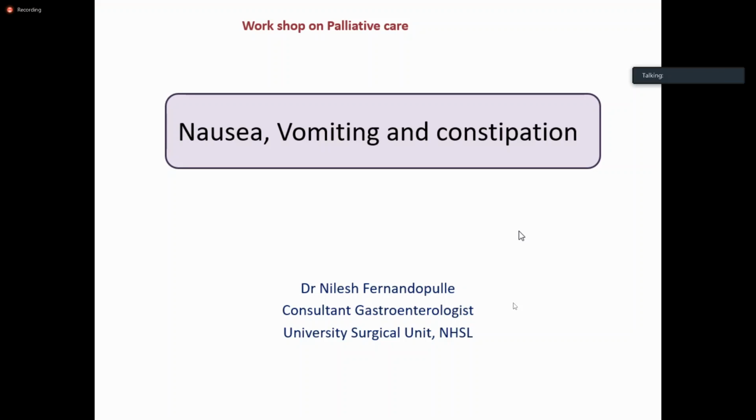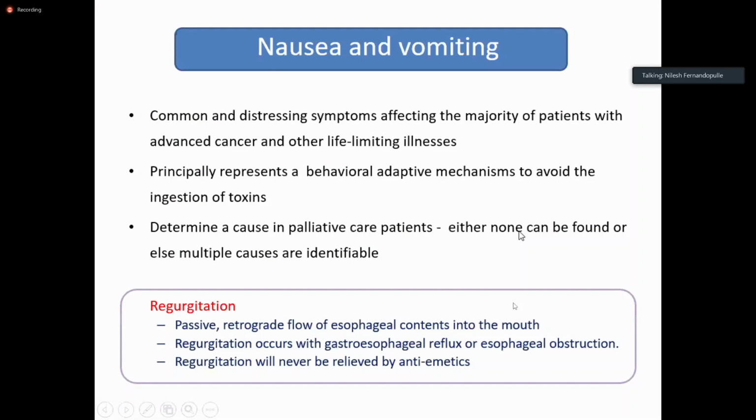Okay, so basically, let's start with nausea and vomiting. As you all know, nausea and vomiting is a very distressing and common symptom, seen in patients with cancers and other life-limiting illnesses. Principally, it's a behavioral adaptive mechanism to avoid ingestion of toxin. It's like a natural way of telling us we don't want any toxins taken into our body, so we are just putting it out. It's like diarrhea, putting infections out. So it's actually a good thing to a certain extent, but it's sometimes difficult to cope